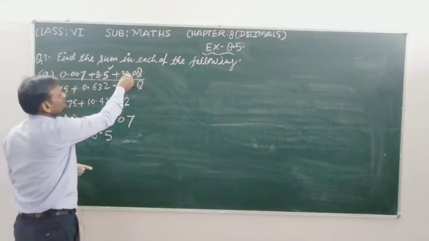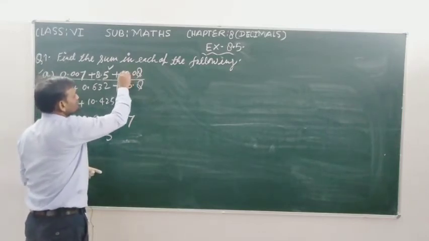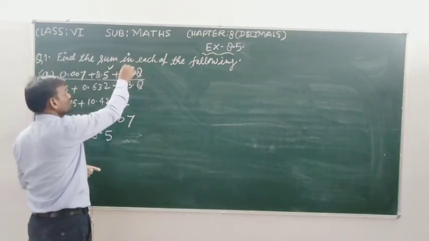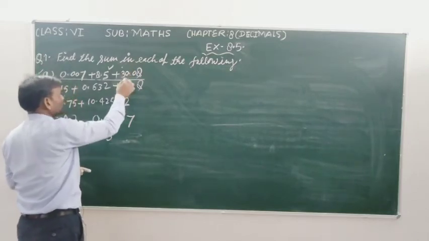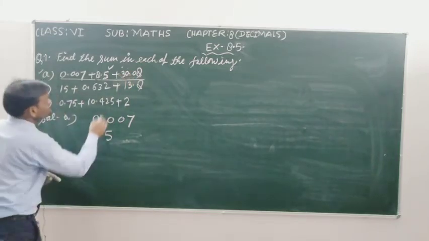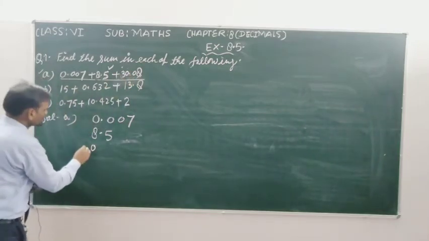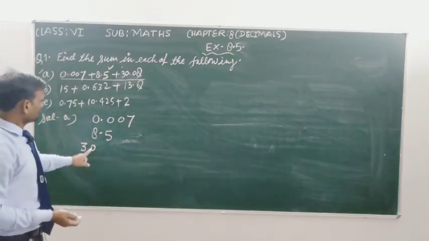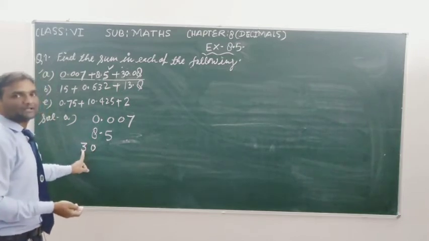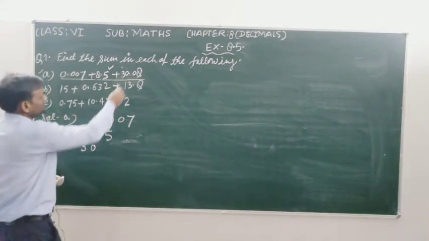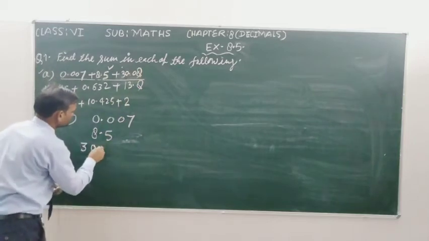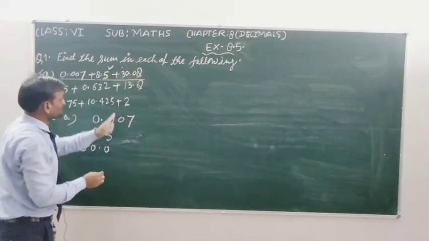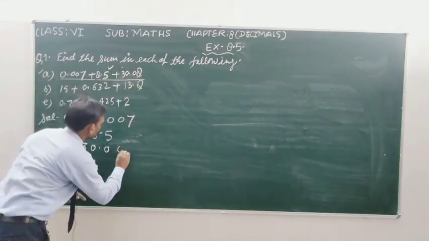The next number is 30.08. 30 is a whole number, and this 0 belongs to 1's place and this 0 belongs to 10th place. So we write 0 to 1's place, and the 10th place is absent here, so we write it outside of the 1's. 1's के बाहर हम इसको राइट कर देंगे. 10th हो गया. And 0 belongs to 10th place, so we write 0 below the 10th, and 8 belongs to 100th place, so we write 8 below the 100th.